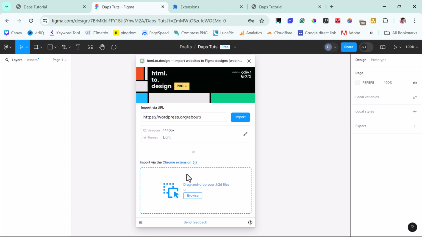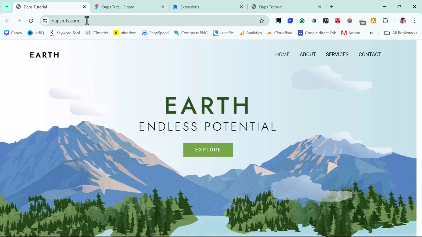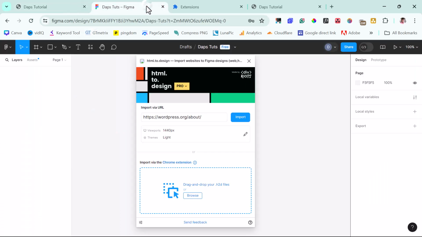So it's as easy as, I don't even need to use HTTrack anymore. With this, I can just easily come to Dapstut here, copy my URL, and then come back here, paste it here, and then I'll have that design inside of Figma. But because this tutorial wants to start after you have used HTTrack already to have a comprehensive clone, let's